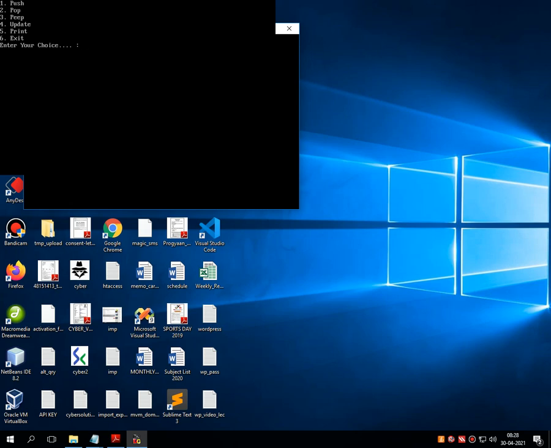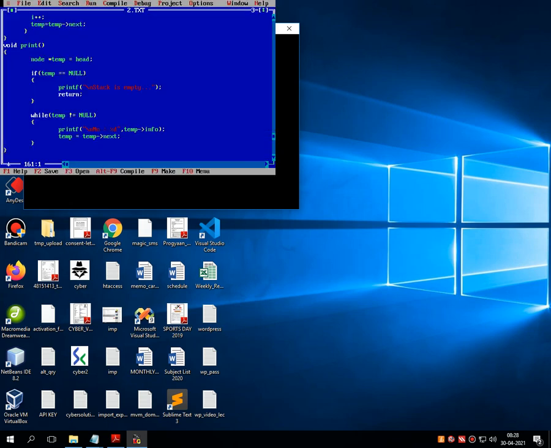Now let's go for option number 4. Enter the number of the information which you want to update. That means enter the location which you want to update. Suppose I am entering location number 1 where I have stored the value 2. I am replacing 2 with 6 and let's print the same. So 6 is replaced on location number 1 and you can see 6 is there on the top of the stack. Whenever I press enter, it exits.